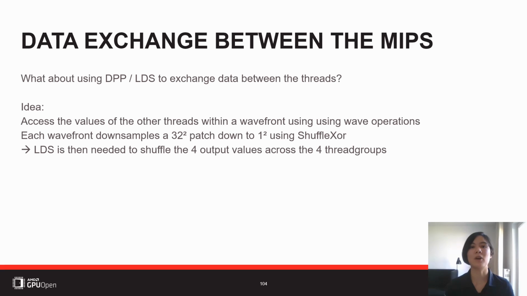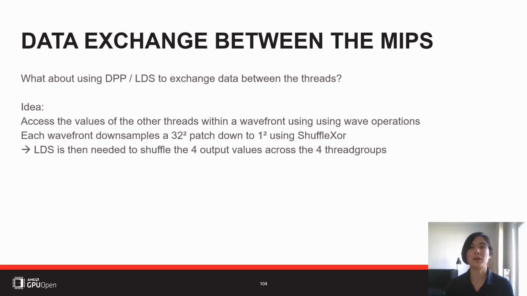Before, we were always using LDS, but as I already pointed out, since we have this quad-like texture access pattern, we actually can use quad swizzles, or even go beyond. We can also use swizzles with a quad-like structure, but where the delta between the threads is larger. In a quad it would be just 1, but we could also use a delta of 2 or 4, depending on what we need.